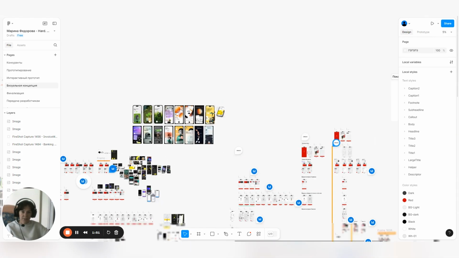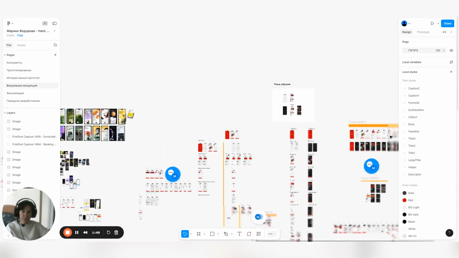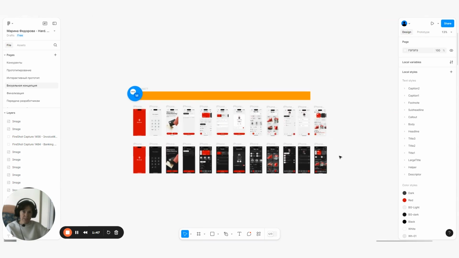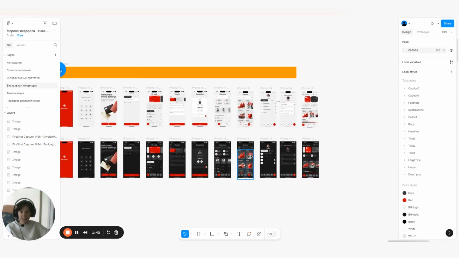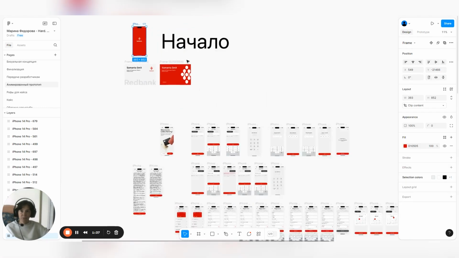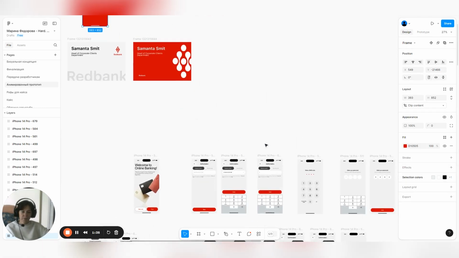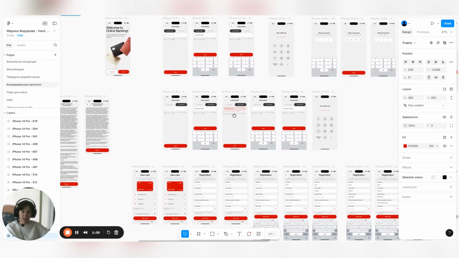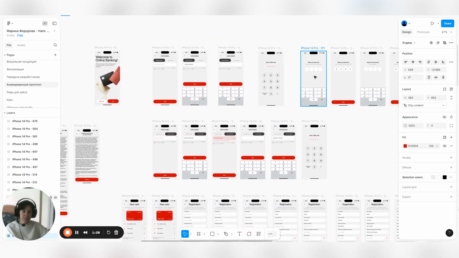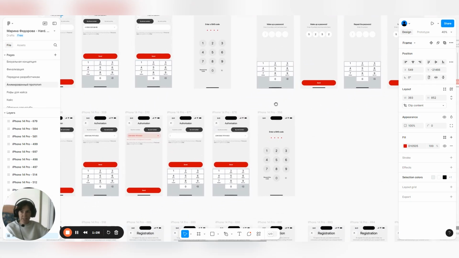So I drew 12 main screens for a basic user flow in light and dark colors. In the time of working, I drew more than 120 screens in light colors. There are main screens and screens with microstates.